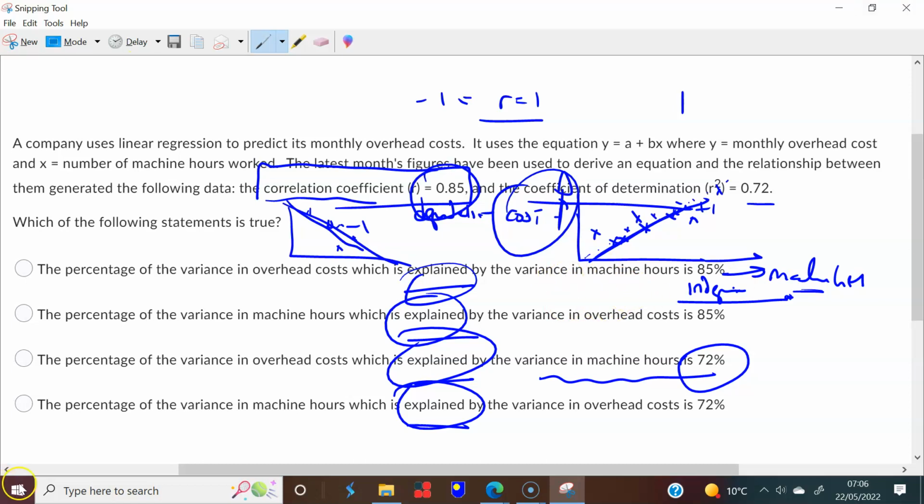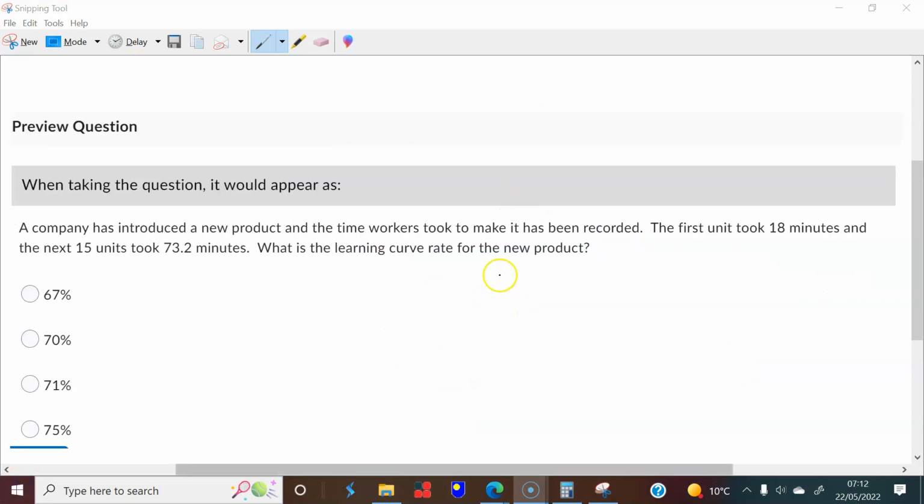Okay, great. So to do this, you definitely need to have watched the video and the theory on learning curves in general. But the theory is pretty straightforward. It is saying, listen, as you double the number of units that you make, the time it takes to make an average unit falls by a fixed percentage, by a set percentage. So what does that mean? It says, listen, when you make the first unit,